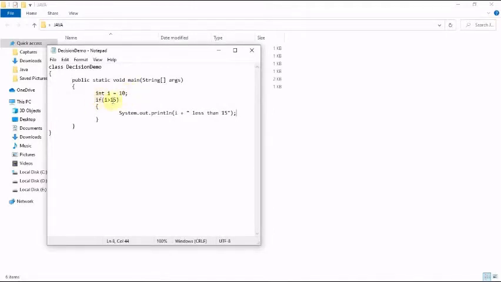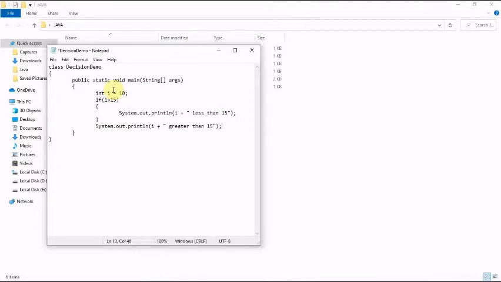Now, when you look at this code, I've initialized the integer i to be 10, and now I'm checking. This is a check statement which says if i is less than 15. So that's the test expression. Now the body of if is the statement System.out.println that i is less than 15. So 10 is less than 15, so that is the body of if. Now if i is greater than 15, it will go on to the statement below if, which is System.out.println i is greater than 15. Now this is a simple if statement which works on this condition.